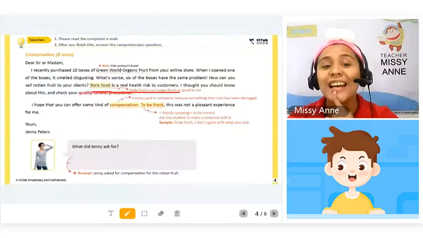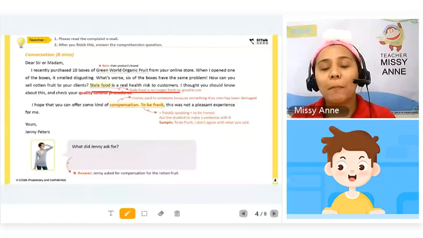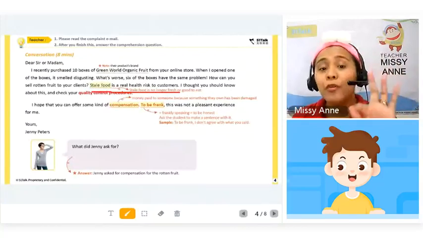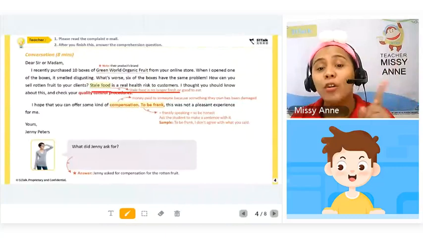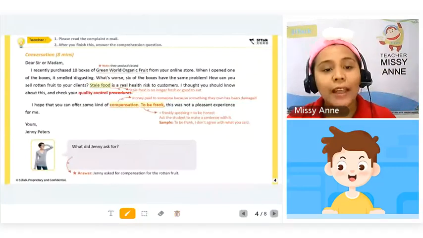What do you think stale food means? Stale food means faulty food, bad food. Yes, bad food or foods that are no longer fresh or good to eat. That's stale food. Very good. And how about